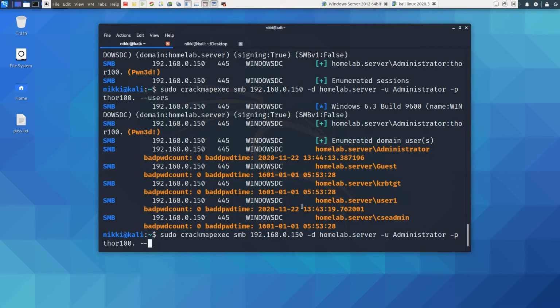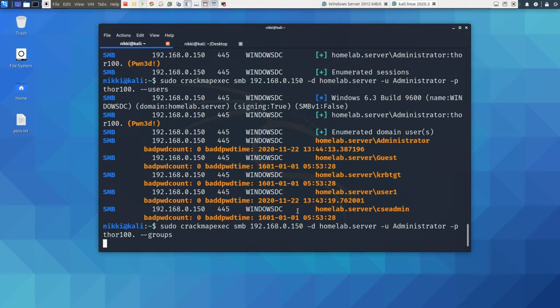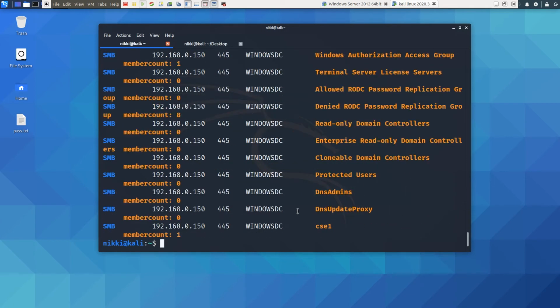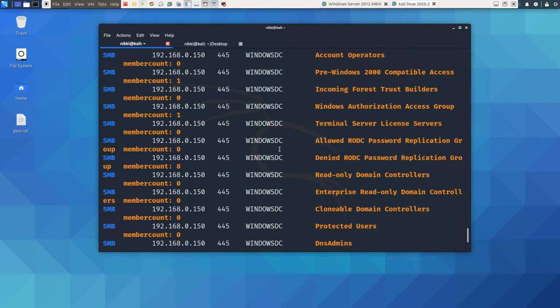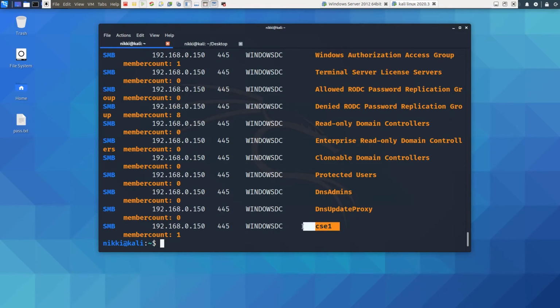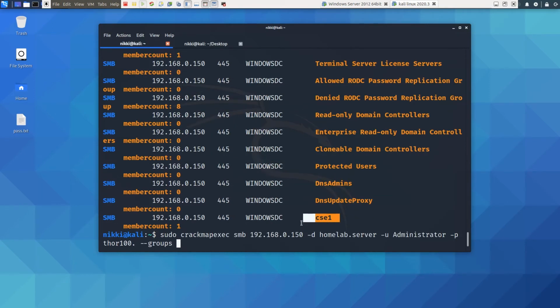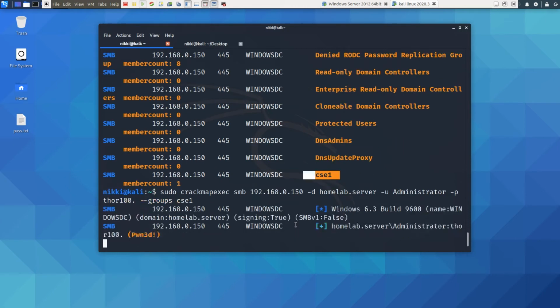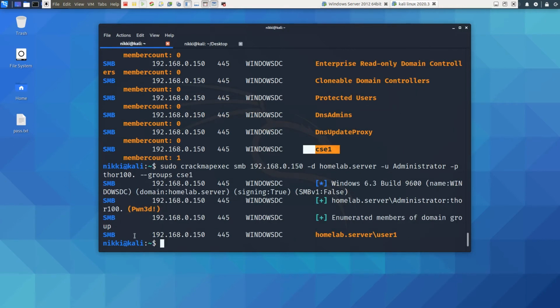So let's say groups. We have got all the groups. To enumerate a particular group, you need to say groups and specify the group you want to enumerate. Let's say CSE1. It will display all the users in that group. As you can see, only user 1 belongs to CSE1.